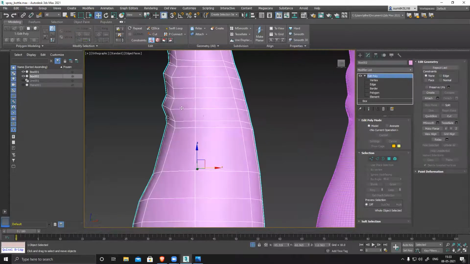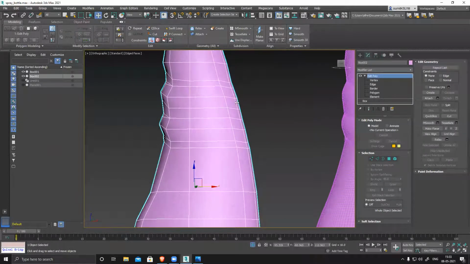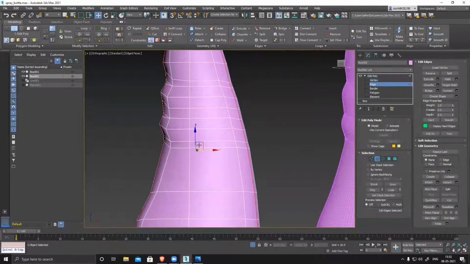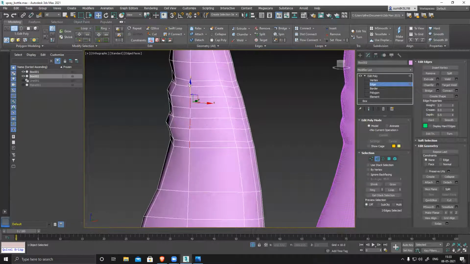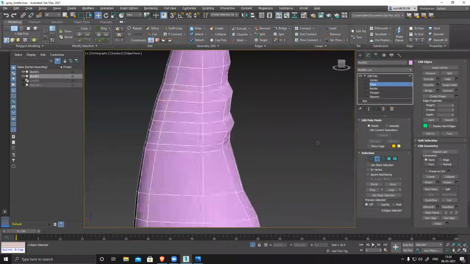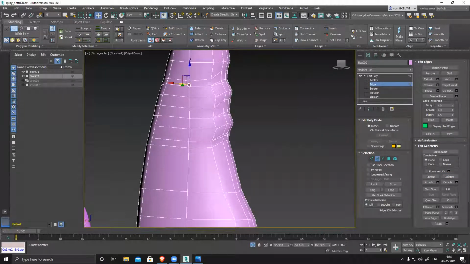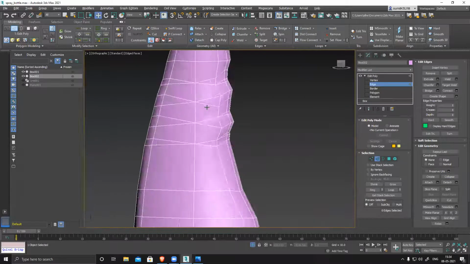Now to optimize, I can see all these in-between lines are not required. So what we do in gaming is optimize them. Like this one, this one, this one, and this one. Collapse. Collapse, because all these things are not required.